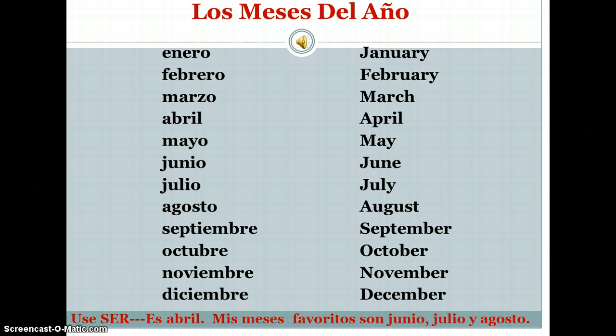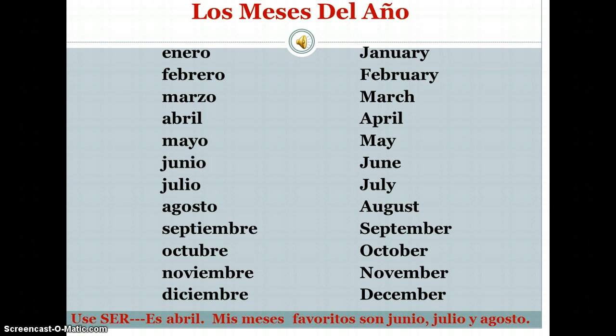March looks very similar. Obviously, March comes from the god Mars, so that might help you to remember Marzo. Abril, if you take the P in the English version and just flip it up, it becomes a B, so Abril. That's pretty easy. Most of you have probably heard of Mayo as in Cinco de Mayo, so make sure you're not pronouncing it Mayo. And Junio and Julio look just like June or July, but they end in I-O.